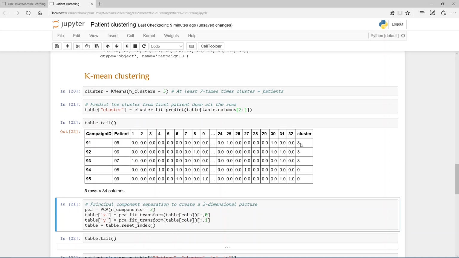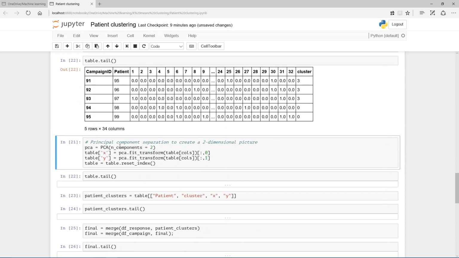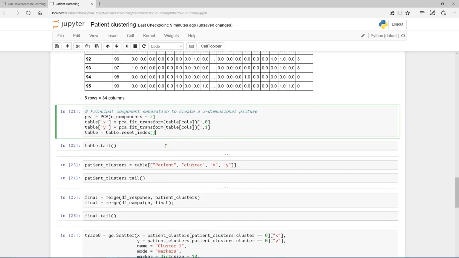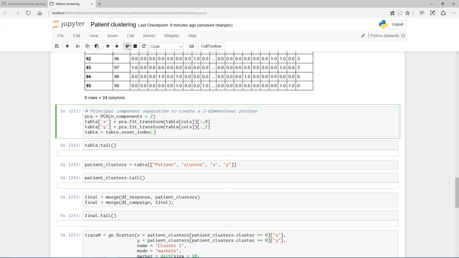Now it starts counting at 0, so that actually will be cluster 4. So that'll be cluster 1 and that'll be cluster 4. Now I'm going to do this principal component separation here, because I want to reduce this dimensionality down to 2. And as I said, I might make an extra video about this principal component separation, just so that we can plot this as two-dimensional data, say in